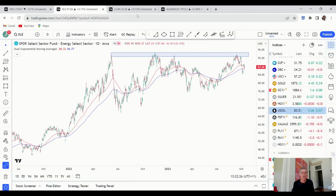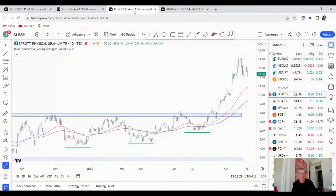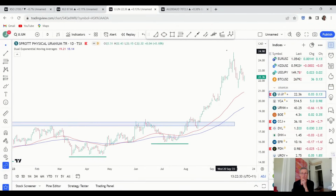Now let's go over and have a look at uranium, and I think this looks like we've now got a notable high. I spoke about this last week. I said, look, maybe we've finally seen some sort of an important peak in uranium, more price action that suggests that's